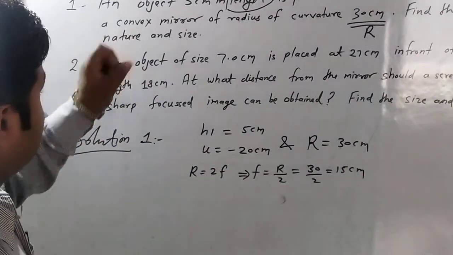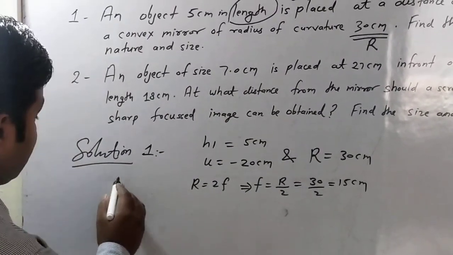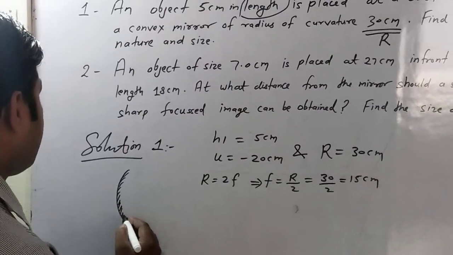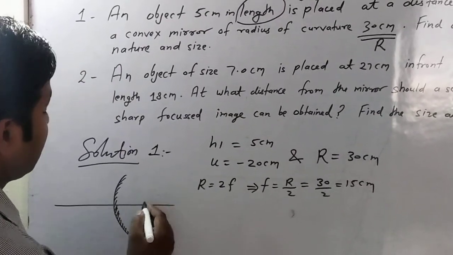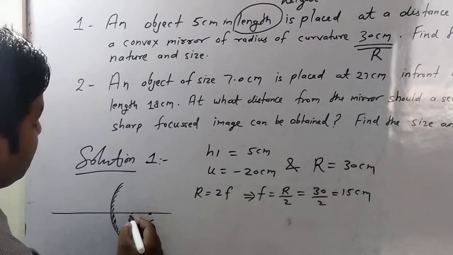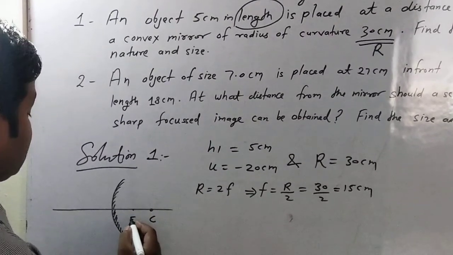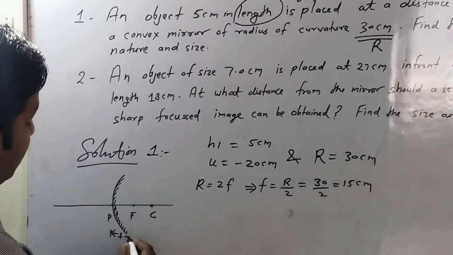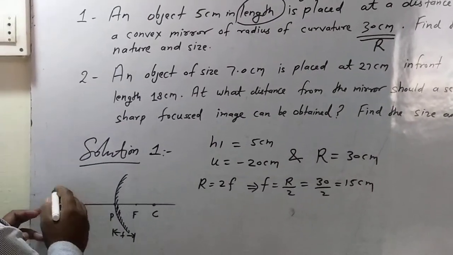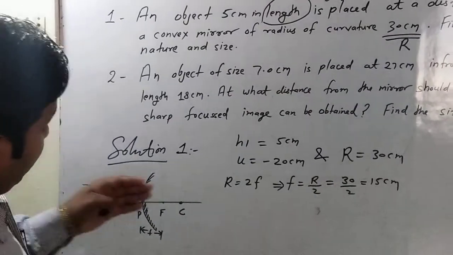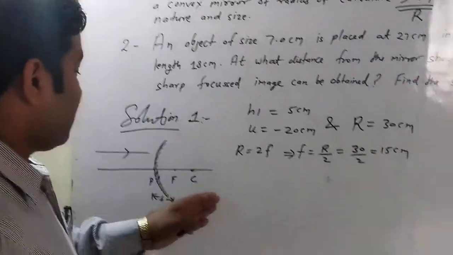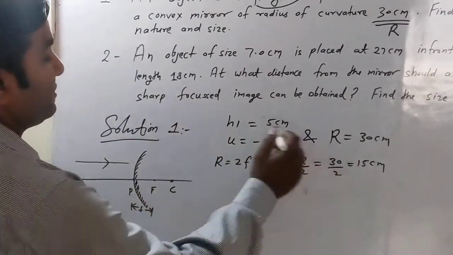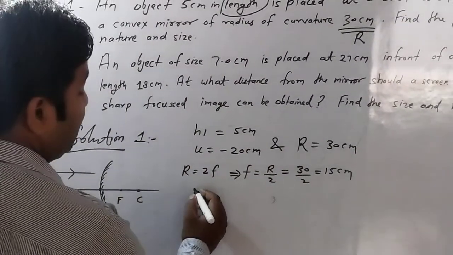For a convex mirror, just see the condition of this one. This is the convex mirror. The focal length of a convex mirror lies on the right side. This is the center of curvature, this is the focus, and the distance between focus and pole is the focal length. The incident ray comes from left to right and the focal length is measured along the direction of the incident ray, that is why it is taken with a positive sign. Now, by using the mirror formula,